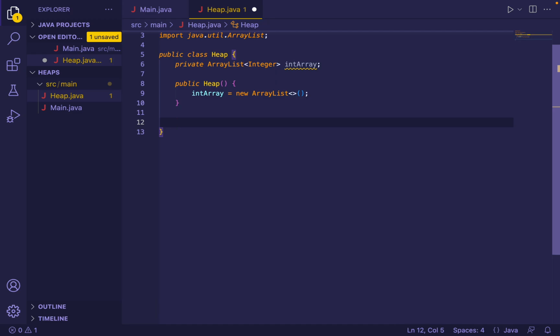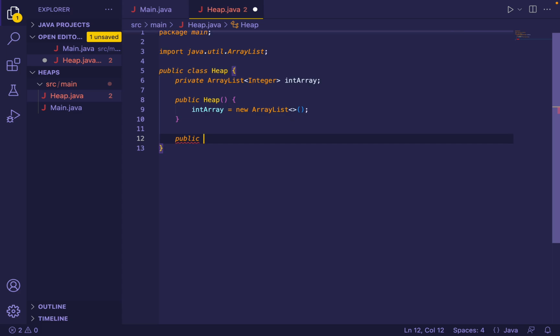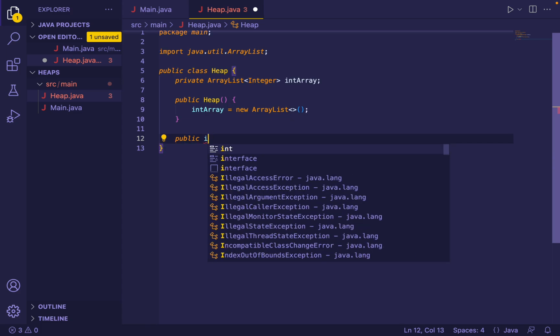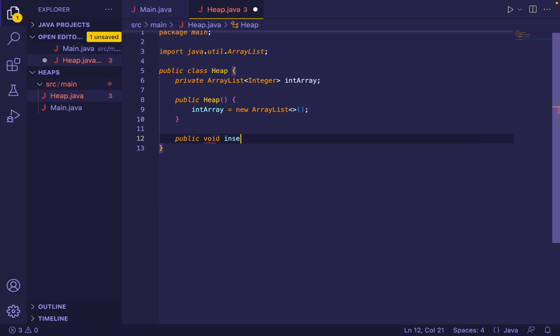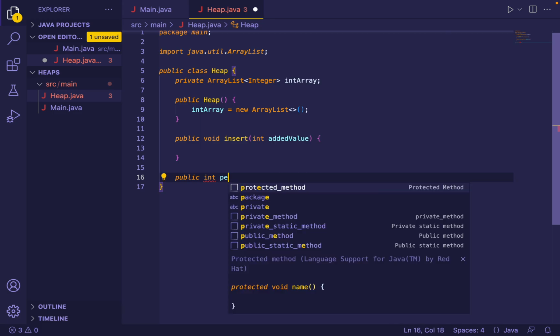And first of all, let's see what we need to do with heaps. So first of all, we have to create an insert, and it takes in an int added value, and we also need an int peek,